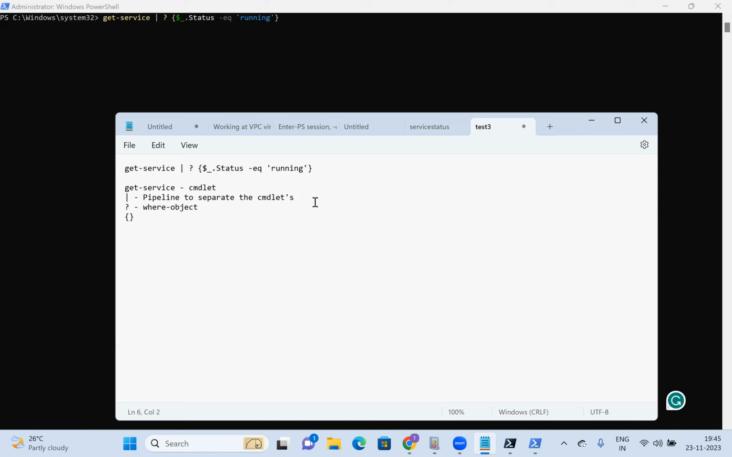Then what we have, this is dollar underscore. We have discussed the variable, right? Which starts with a dollar, that is a variable. So this is an automatic variable. We have different types of variables. We'll discuss more on it in the coming sessions. What it does, it stores the incoming object one at a time. When the next comes, it will overwrite. Just to show that,